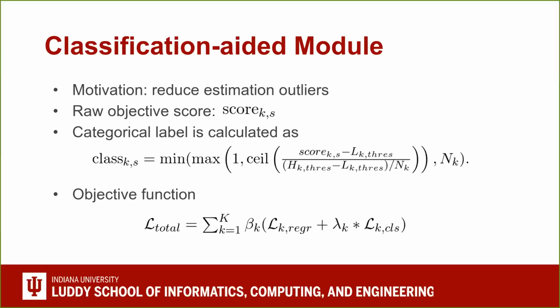The regression loss, denoted as capital L regression, together with the classification loss, capital L subscript classification of the case task, are utilized to update the weights of the shared network. Here, delta K denotes the task weight of the case objective score prediction task, and capital K is the total number of objective tasks. Lambda subscript K denotes the loss weight of the case auxiliary task, which is a tunable parameter that balances the regression and classification term.